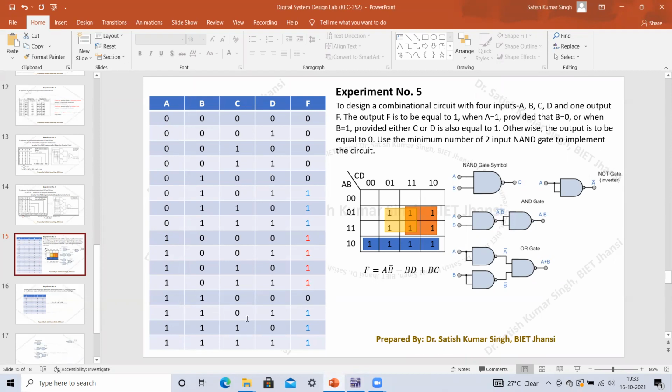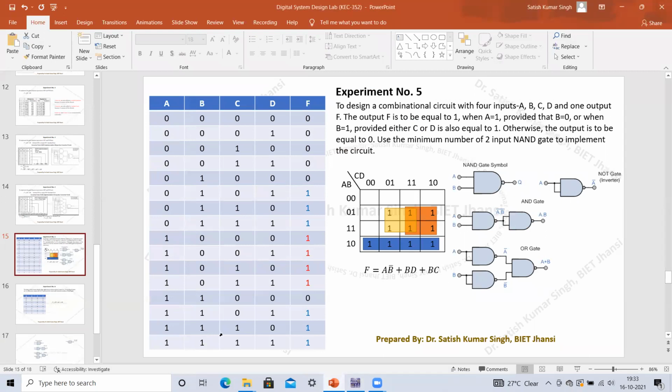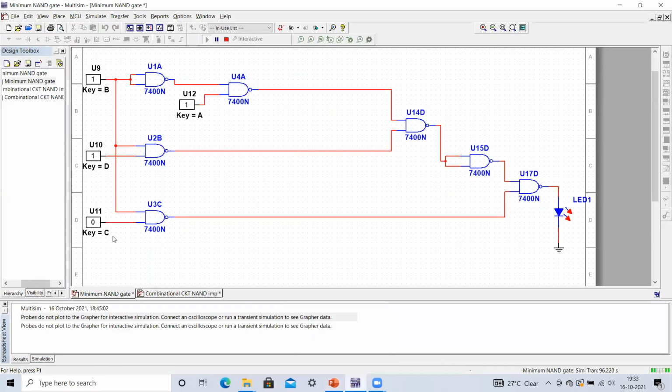Similarly, we can test all the other combinations, 1 1 0 1. So if you make it 1 1 0 1, it is already 1 1, and here it is 0 1. So we have to make D equals to 1. Once you make D equals to 1, this LED is glowing. And for the other two combinations which are left, 1 1 1 0 and all ones, I first make this all one. So I'm just making C equals to 1. So you see it is all 1, so it is glowing. And again I can make this D equals to 0.